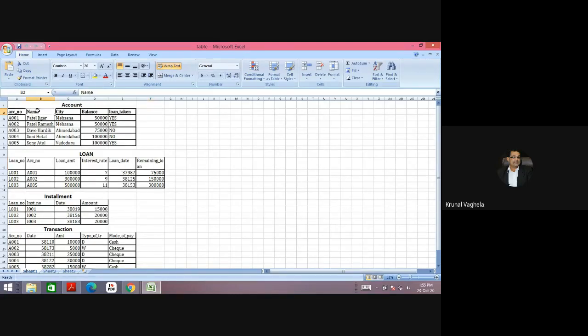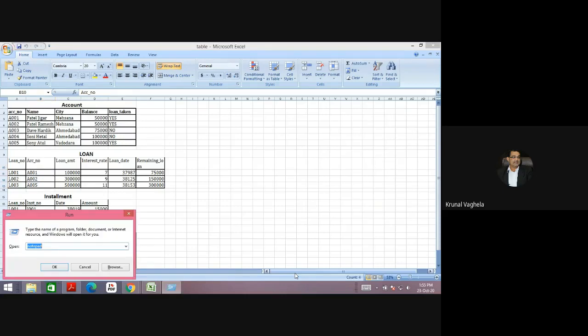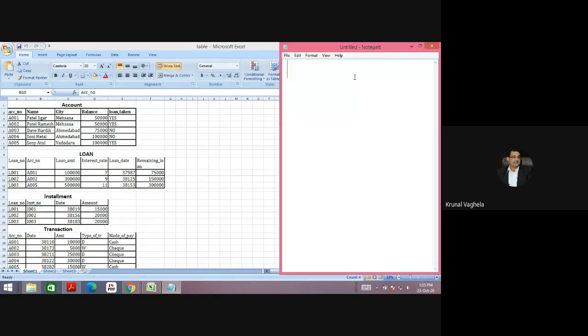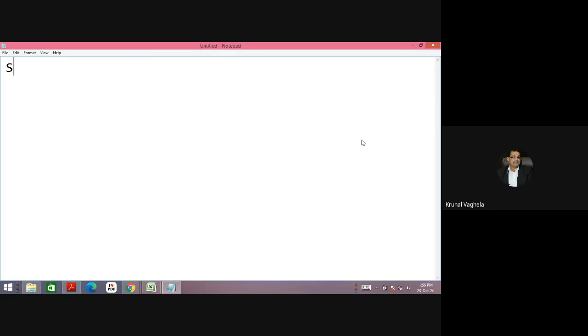So now you need name, balance and remaining loan from two tables, and then you need to check whether anything is common between these two. Yes, account number is common because it is a foreign key here, so you can definitely perform a join operation. So how to write the query? First select what is asked: name, comma, balance.